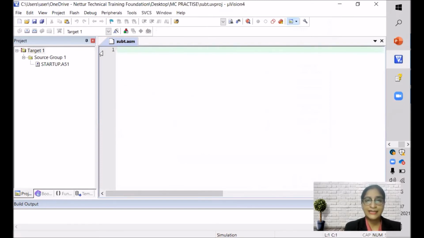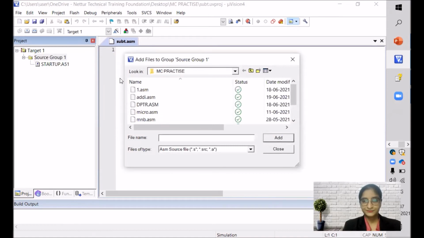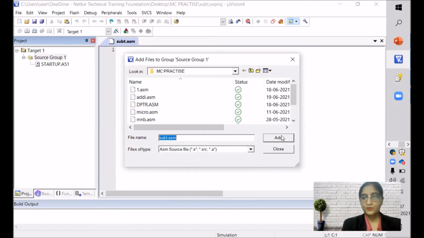Now we need to link these two. So we'll select source group 1. We'll right click, then add existing file. We'll write SUBT and we'll get .asm automatically. We'll click on add. We'll see here it has been added. Then we click close.